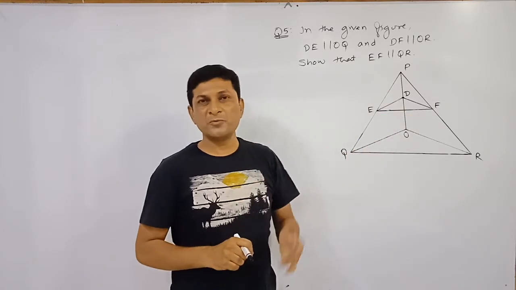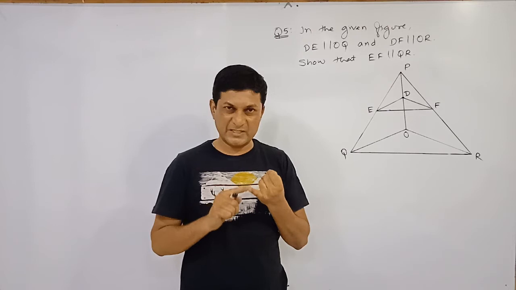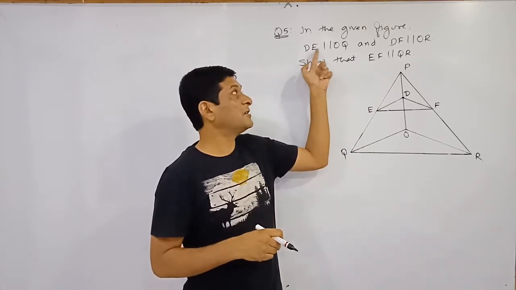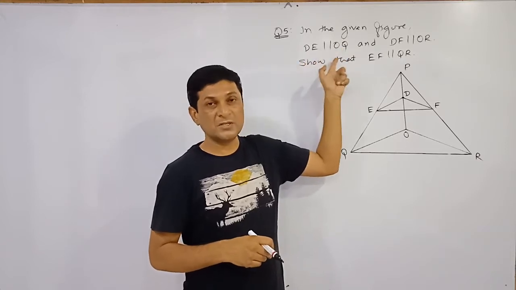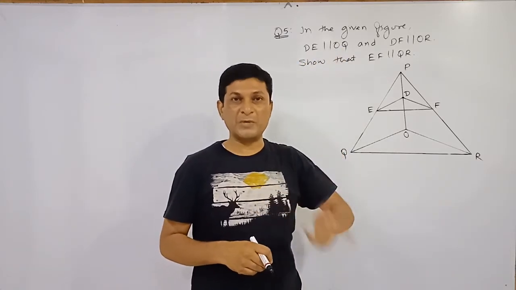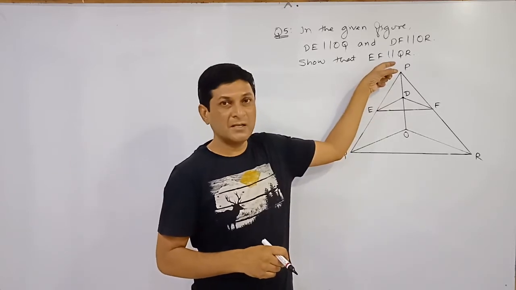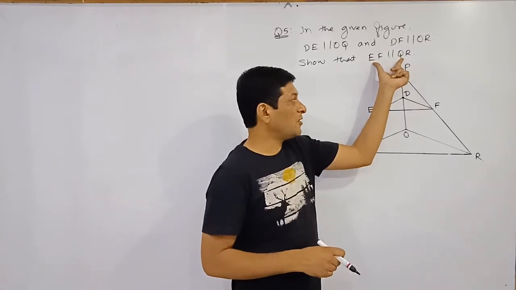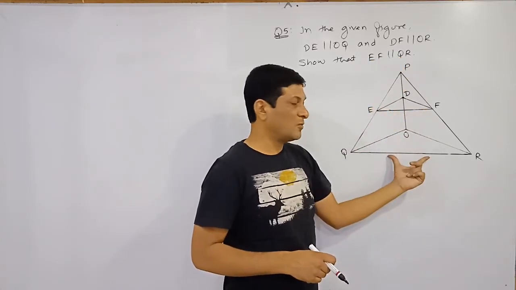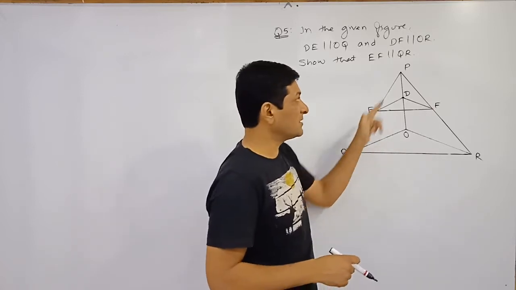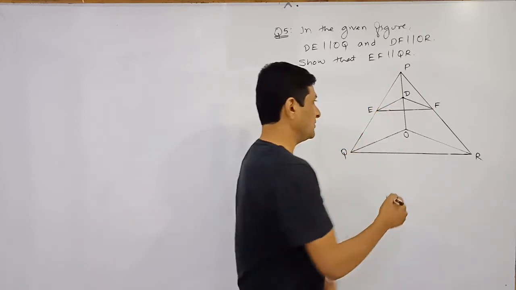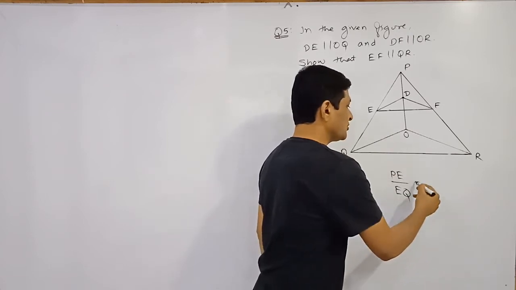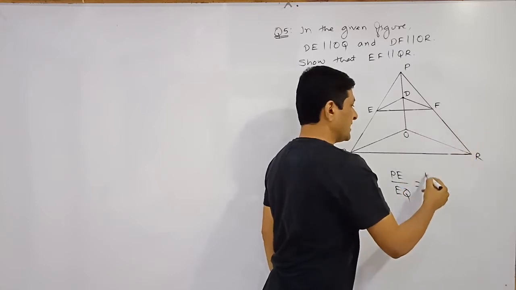As a standard we will have only two theorems. One is the basic proportionality theorem. In case of the basic proportionality theorem, if a line is parallel to one side of a triangle, means if this condition is given to us, we are able to apply BPT. And to show that lines are parallel, at that time we use the converse of BPT. So to get this required result, to show that EF is parallel to QR, what should be our required result? That PE upon EQ should be equal to PF upon FR.